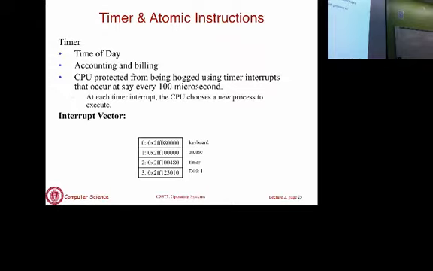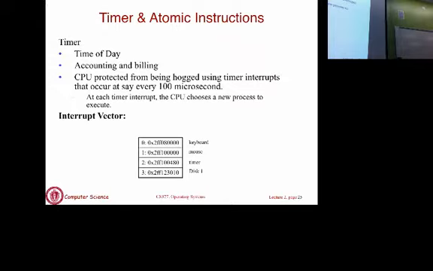You can use this for many different things. One reason you need a timer is to implement what is called process scheduling. If you have some number of processes all active and you want to give each of them a little time on the CPU and have them go in round robin order, you are going to use a timer. You are going to say process A gets to execute. You set a timer saying it's going to execute, let's say, for 100 milliseconds. And then it goes off, process A is executed.